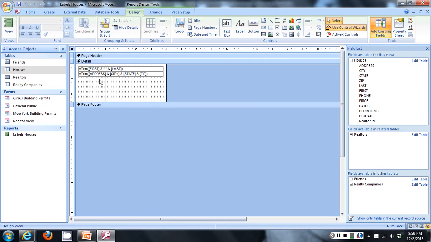Now, you can see that modifying the report after the fact looks a little bit more complicated than it does beforehand. So what we're going to do is, you can notice, and anybody who has programming experience will understand, that there's a space between these quotation marks. That is how you would designate a space. So to do that for our address, city, state, and zip line, we'll have to do the same thing. We'll have to input that. So we're going to put in an ampersand, and we're going to put in a quote, a space, and a quote